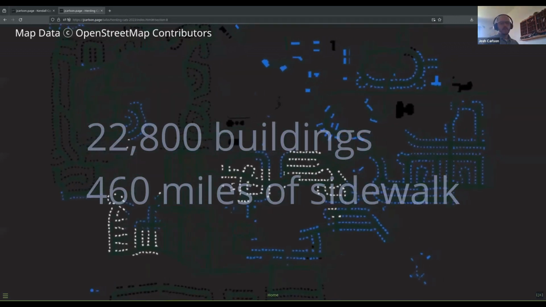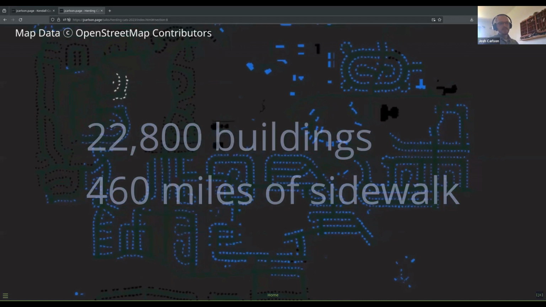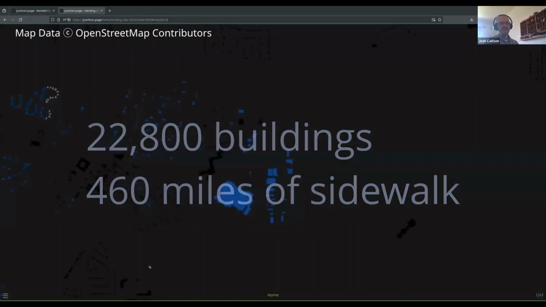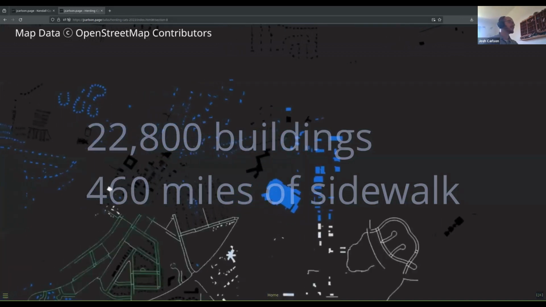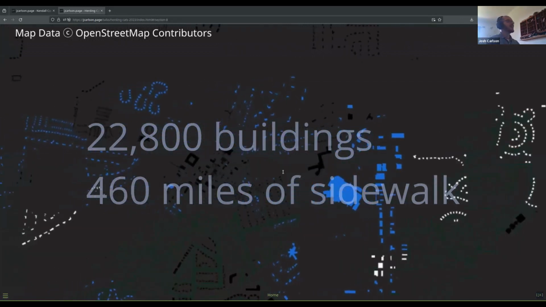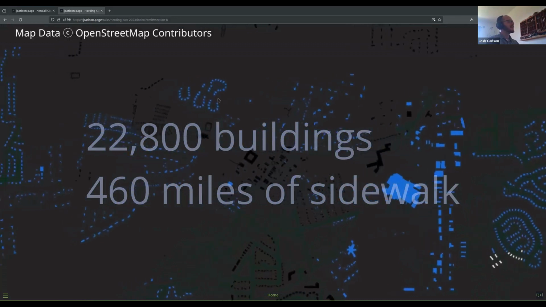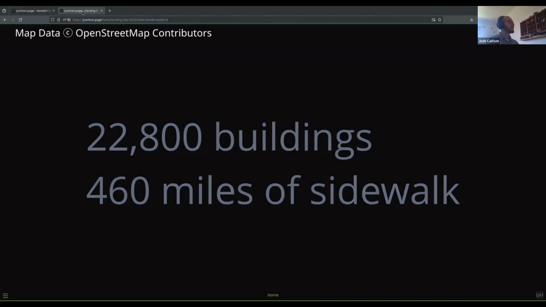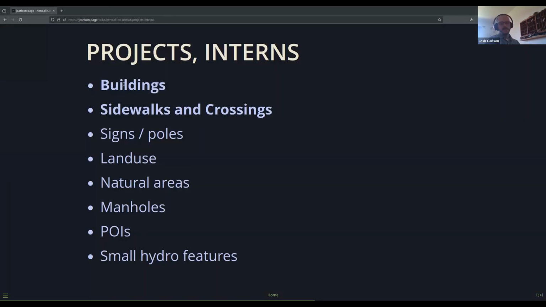however many weeks they were with us, these 3 guys mapped out 22,800 buildings and 460 miles of sidewalks, in addition to accomplishing all of their other tasks, which was really cool. And honestly, none of them had OpenStreetMap experience prior to that, but it was using the tasking manager, having the instructions, kind of side by side with the iD editor embedded. It was really cool, and it definitely helped onboard them quickly.